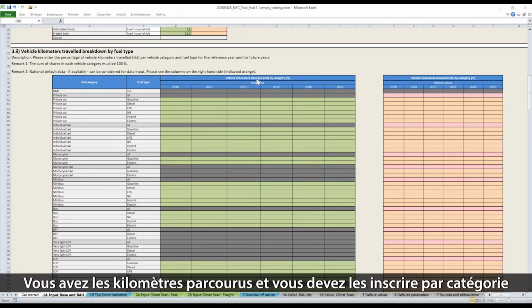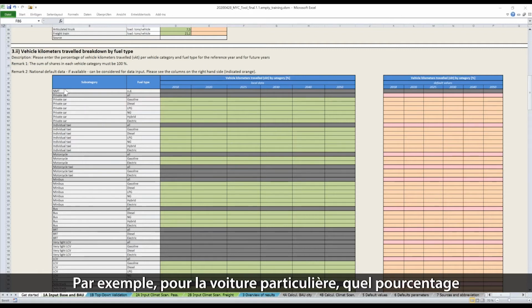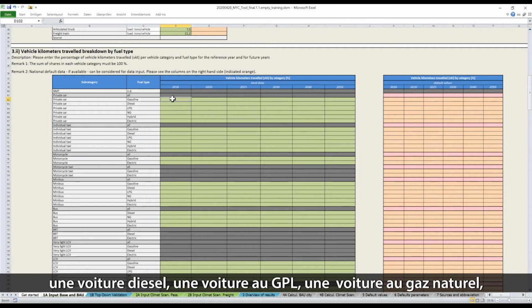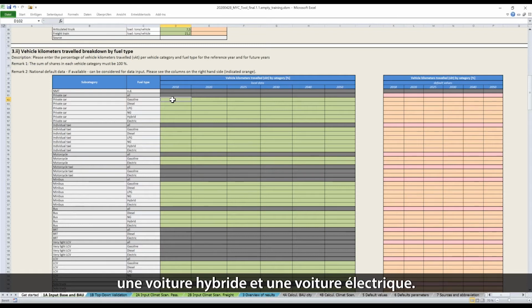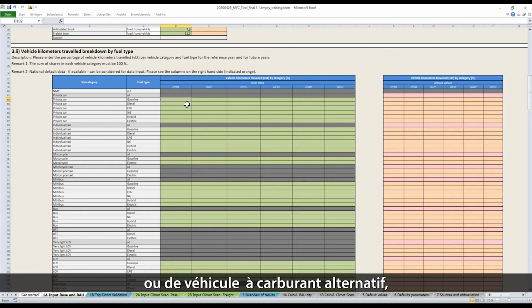You have the vehicle kilometers traveled and you have to give, for each year and for each category, here private car, for example, which share of the mileage can be attributed to gasoline vehicle, diesel, LPG, natural gas, hybrids, electric. For our example, we say we don't have any electric car or any alternative fuel. We just have gasoline and diesel,